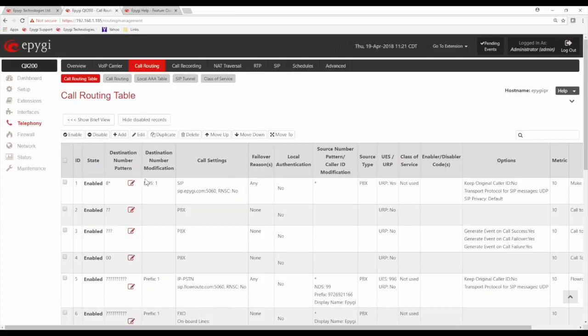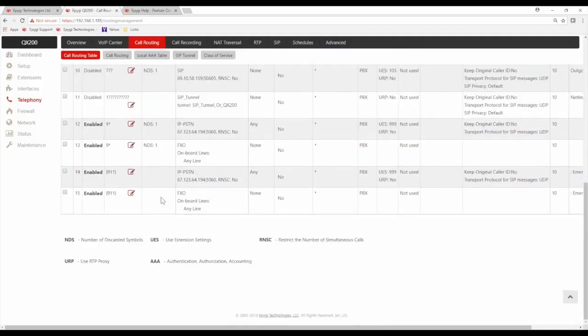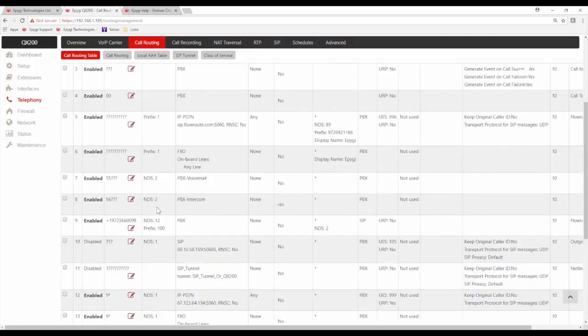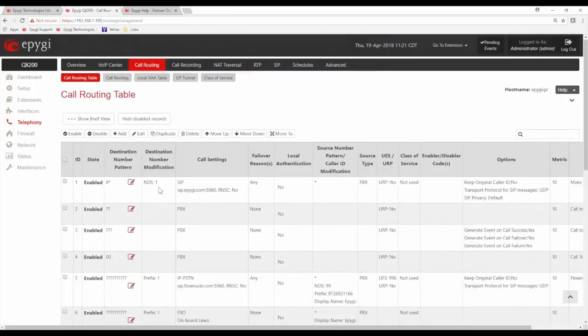Then the destination pattern modification. This is NDS, which stands for the number of discarded symbols. It's a quantity. It's basically how many digits. The reason it's called symbols is because we're dealing with SIP. SIP can be